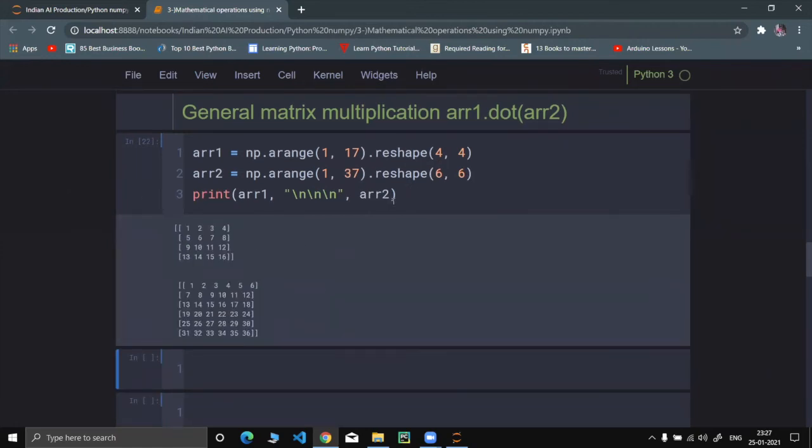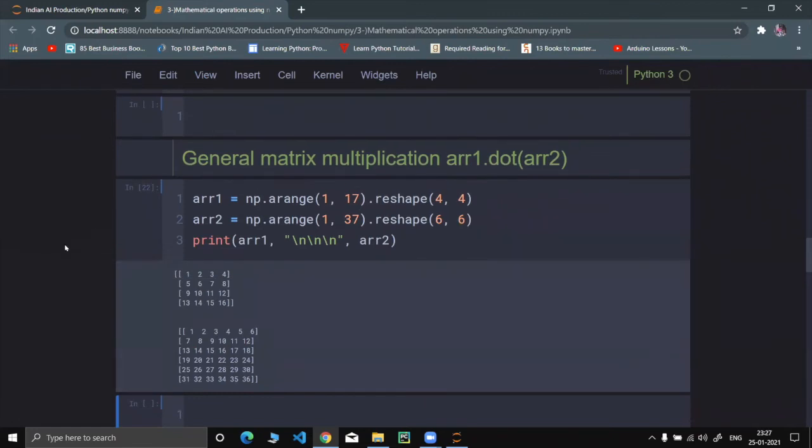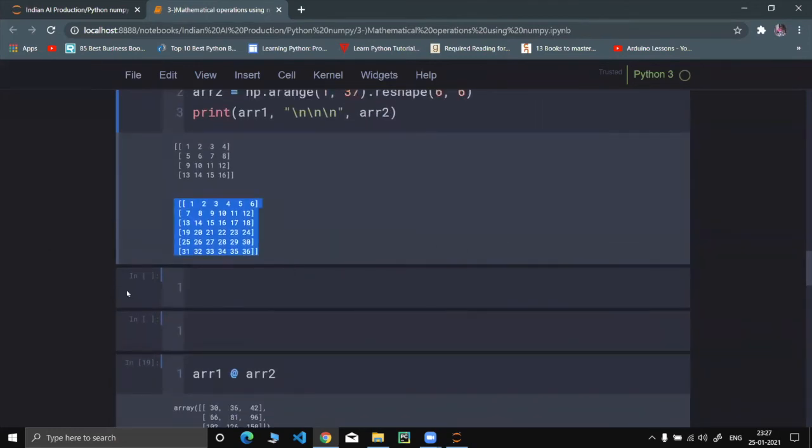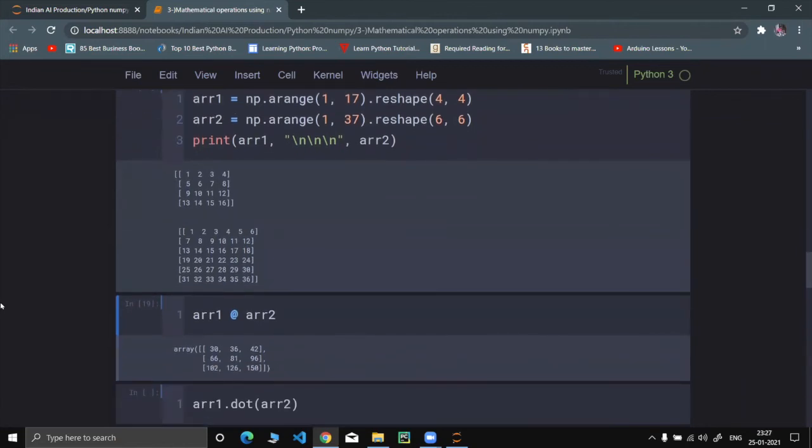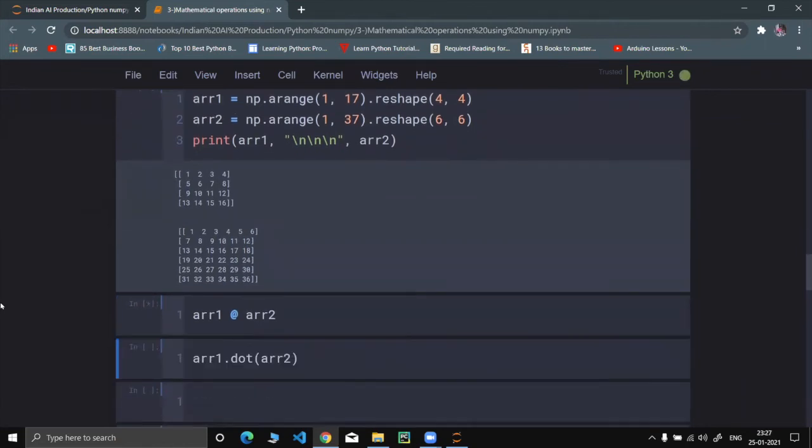Yeah. So guys, see over here now one fun thing. I've created array1 as 4 cross 4 matrix, which basically means that it has 4 rows and 4 columns. All right. And another one is 6 cross 6 matrix. Now let us try whether this matrix multiplication will work or not.